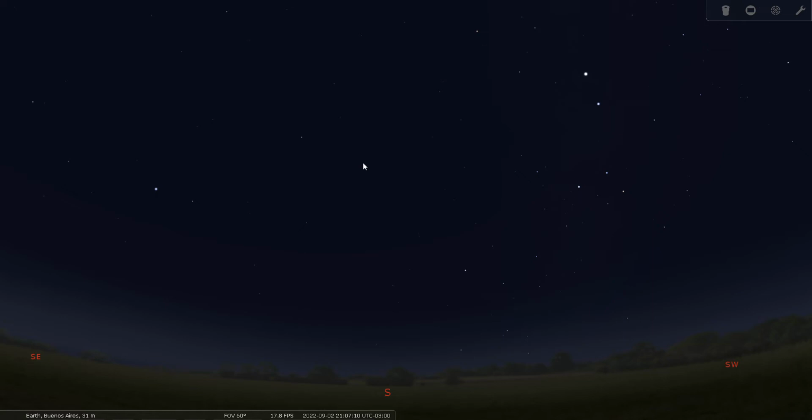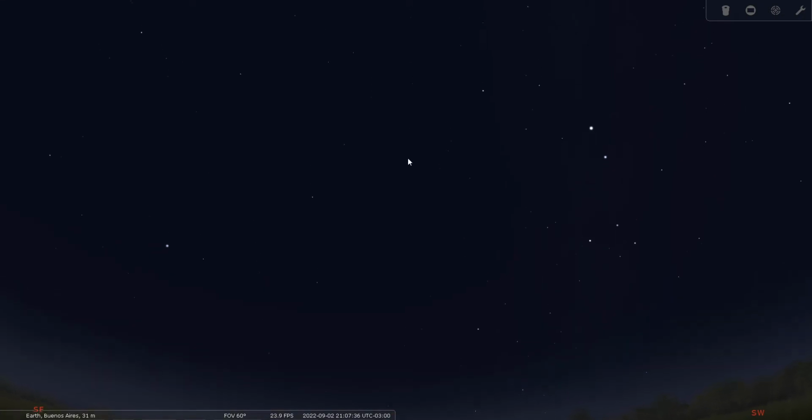Now, how to go about finding Pavo? Okay, it's a little tricky. If you imagine that all of these constellations going around the South Celestial Pole are the numbers on a clock, and the Southern Cross is noon on that clock, and Alpha and Beta Centauri are about 11, Pavo is at around the 9 o'clock position. You'll see that our clock has rotated clockwise a little bit from that,